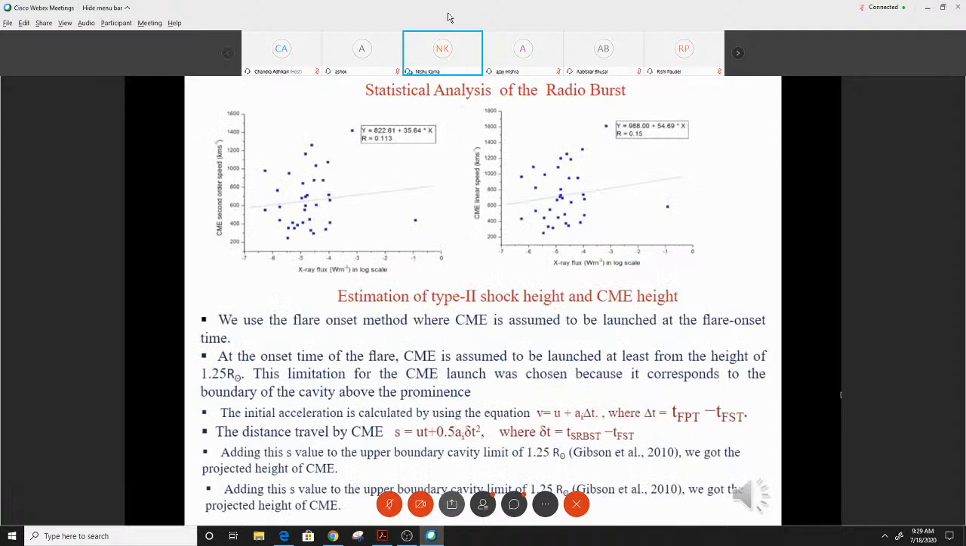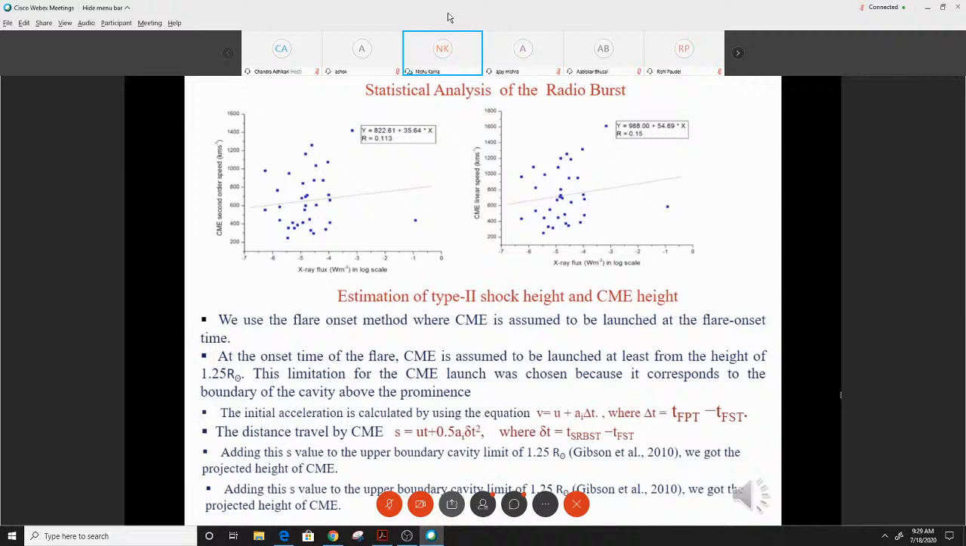Now I come to the estimation of type 2 shock height and CME height. For the estimation of type 2 shock height and CME height, we have used the flare onset method, where the CME is assumed to be launched at the flare onset time, at least from the height of 1.25 solar radius. This limitation for the CME launch was chosen because it corresponds to the boundary of the cavity of the